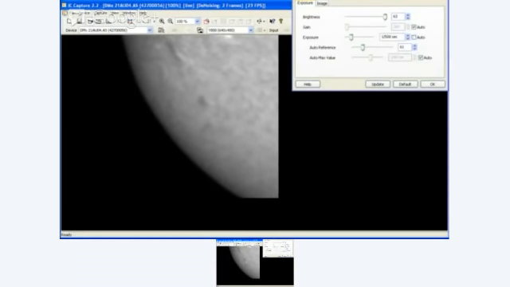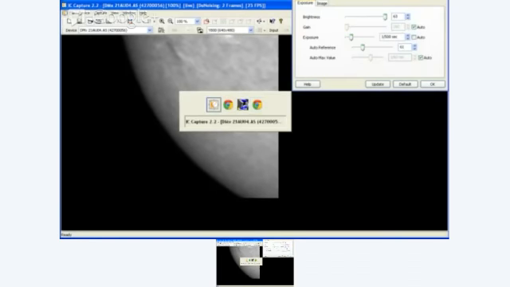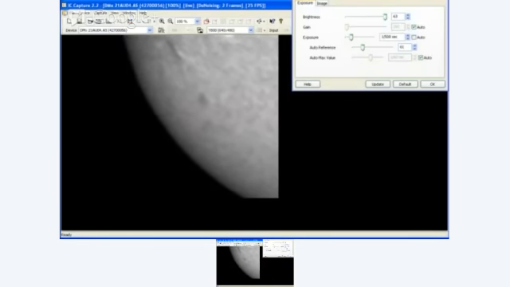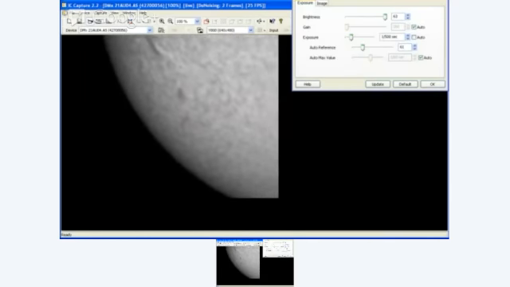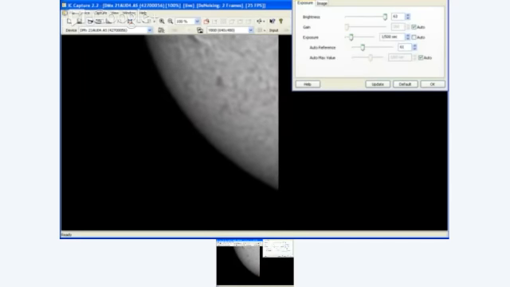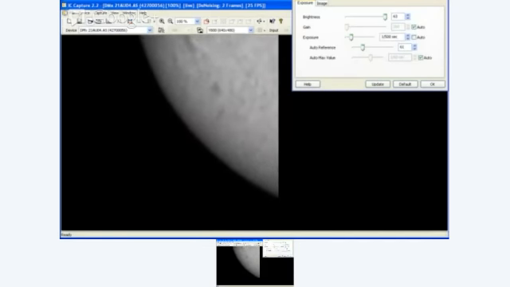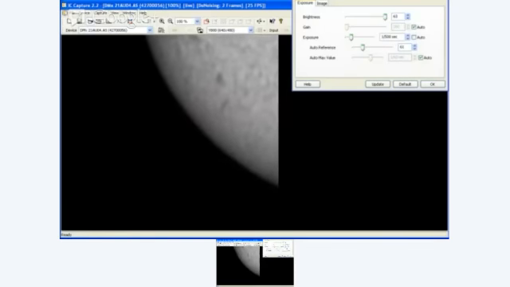So we're now back on hydrogen alpha, and I'm going to try and focus this now with 2 times Barlow. For the very, very first time. I've never used the Barlow yet with this setup. So I'm really trying to achieve optimal focus while still